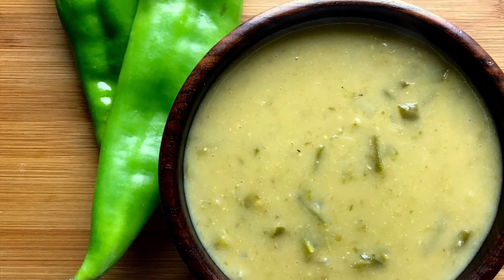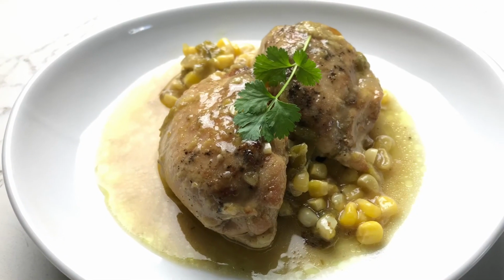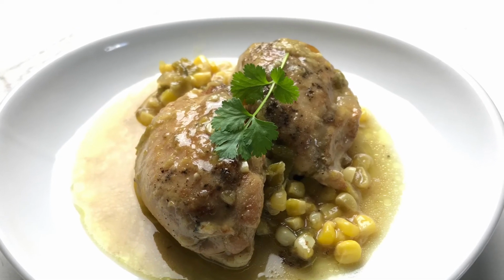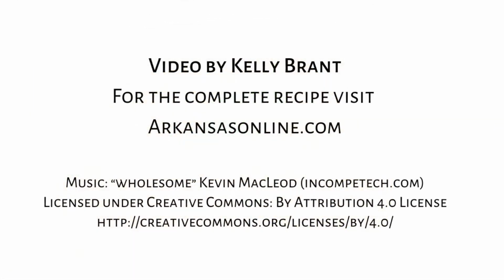One dish I like to make with it is I thin it with a little chicken broth, and then I will sear chicken thighs on both sides in an iron skillet, and then I add the thinned sauce and simmer everything until the chicken's cooked through. It's absolutely delicious. I hope you enjoy this